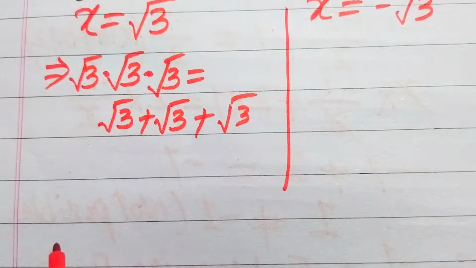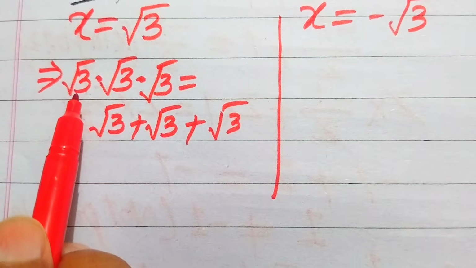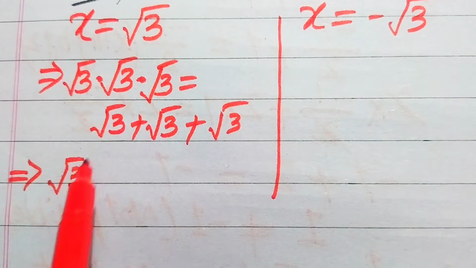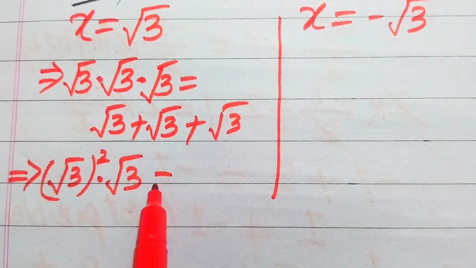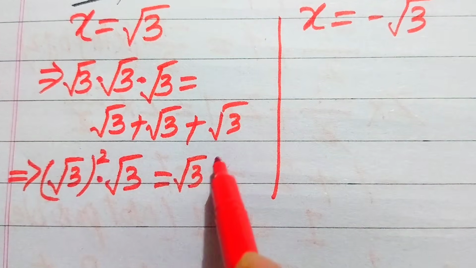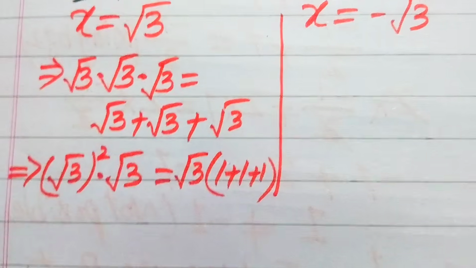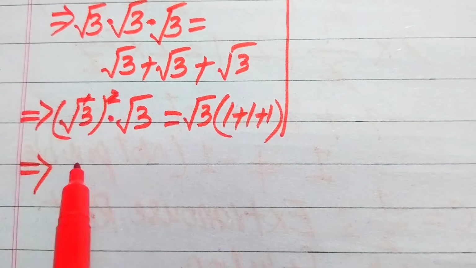So further you see here that square root of 3 multiplied by square root of 3 is written as square root of 3 whole squared, multiplied by square root of 3 is equal to, here you see that all these three terms involve square root of 3. So we take common square root of 3 from here, and the remaining values are 1 plus 1 plus 1. This square and this square root are cancelled out by each other,